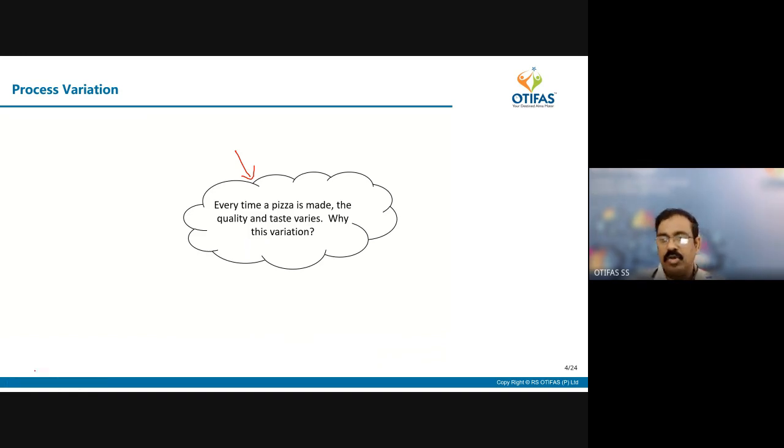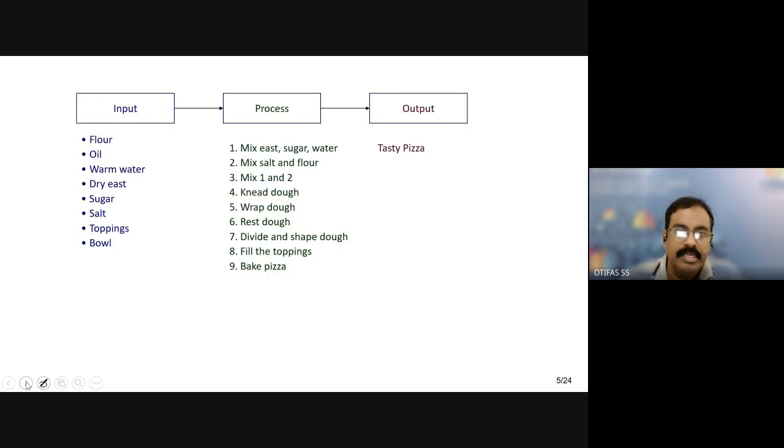Now this is not only the gist of Six Sigma, this is the gist of quality. This may be any problem solving, research, even PhD research, and even in your chemical industry, it is going to be the same concept, scientific thinking, or the gist of Six Sigma, whatever you call it.